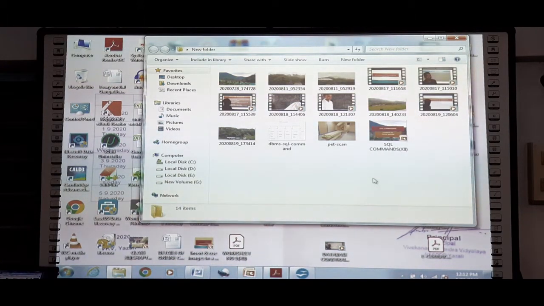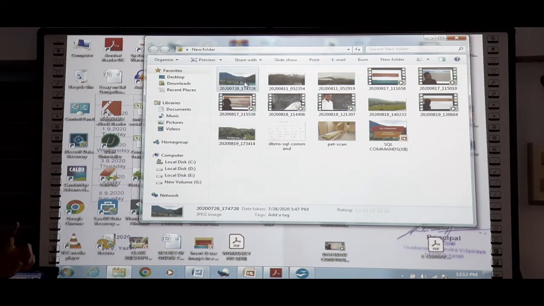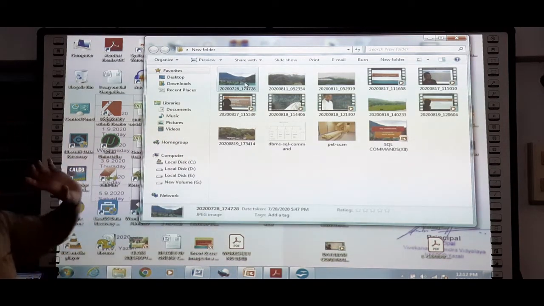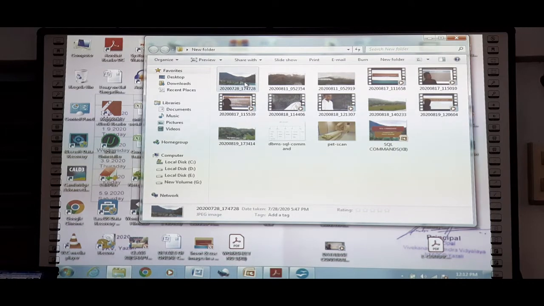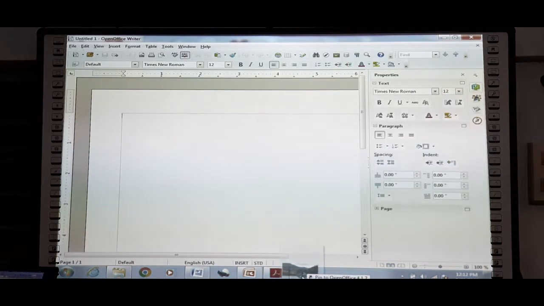Say I would like to select the first picture. The first step is simply a left mouse click, press once. Then, keeping the left mouse button pressed, drag it and bring it to our OpenOffice.org document, which is opened in front of us.